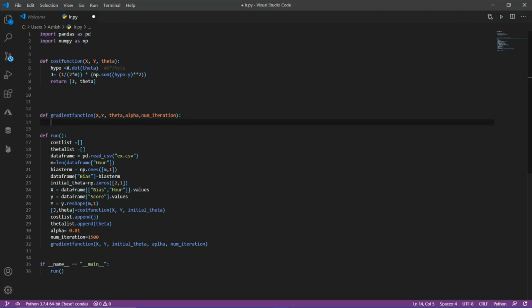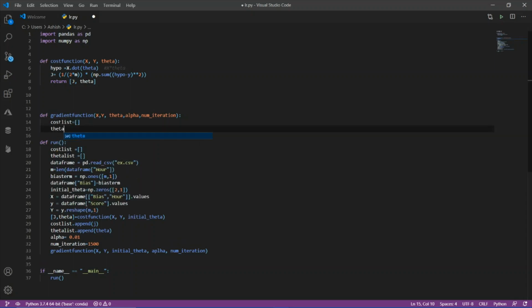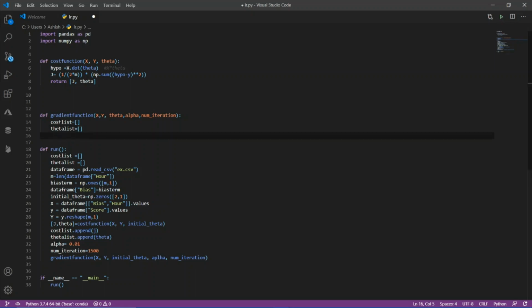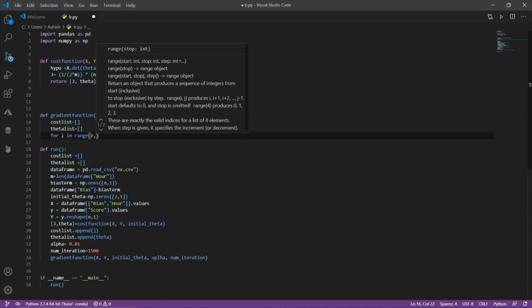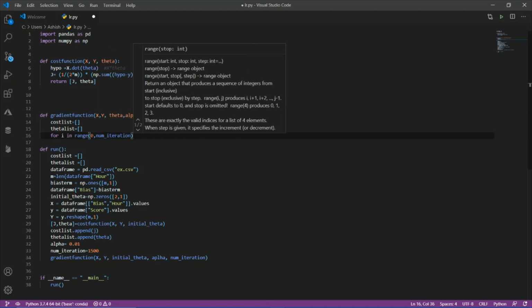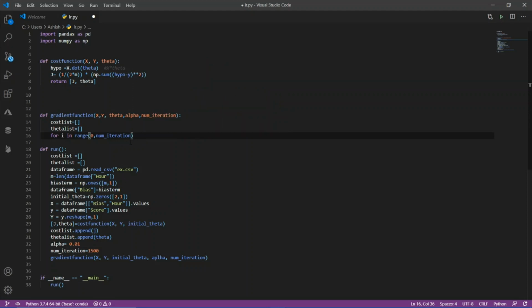In here also I'm going to define our cost list and the theta list, where I will store my cost and theta of each iteration. Now for the number of iteration in range 0, number of iteration. I have to apply the gradient descent algorithm for the number of iteration, 1500 times, so that I will get that optimal theta, which will minimize our cost function.